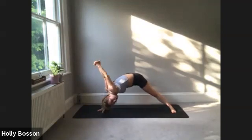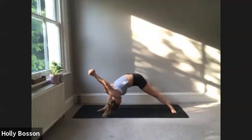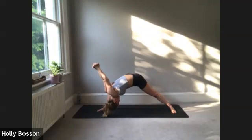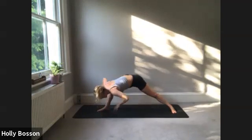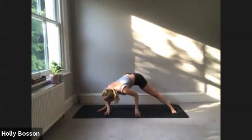You can curve the back a little bit here to try and get that nice shoulder stretch. Still pushing the mat away from you in both directions with the feet. That's how you keep your stability. 2, 1. Now, keeping the legs in this position, bring the hands to the floor and see if you can swivel